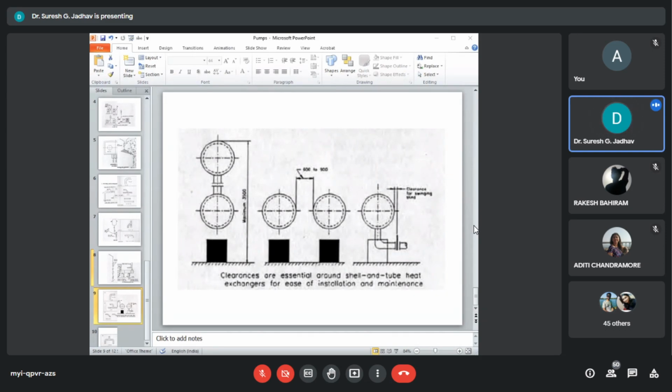piping and accessories to facilitate channels, shell cover, and tube bundles removal, as well as maintenance and cleanings. Excessive piping strains on the exchanger nozzles from the actual weight of pipe and fitting and from forces of thermal expansion should be avoided.